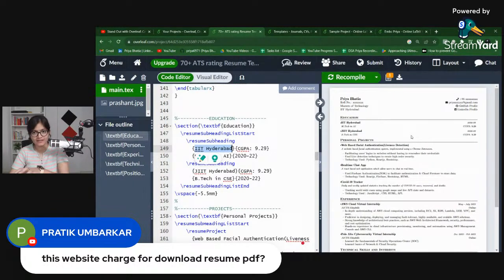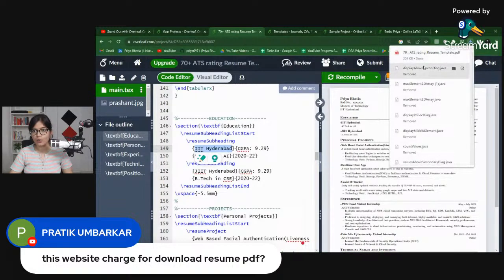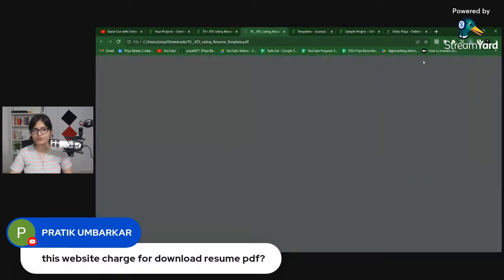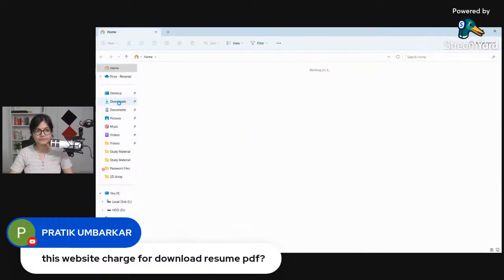Suppose मैंने changes कर दिए सारे के सारे अपने resume के अंदर, and now I want to see how it will look finally. So what I will do is I'll just download this PDF. You just click here. I hope everyone can see the cursor on the right side. Just click here. Now you can see in your downloads, if I show you again, in the downloads,